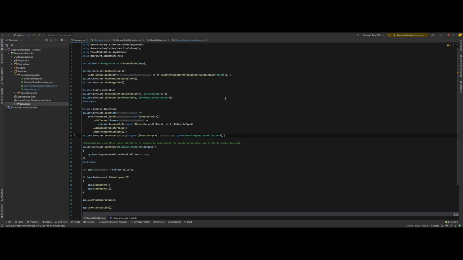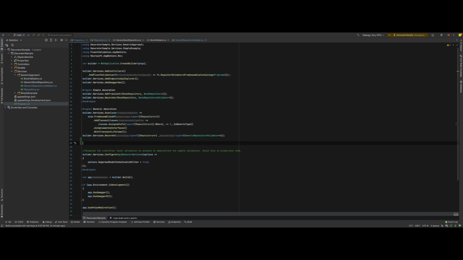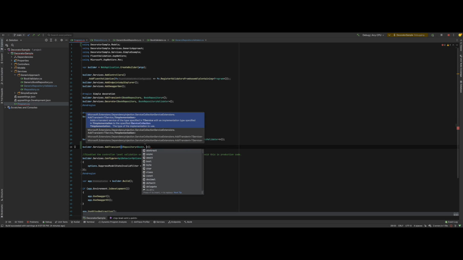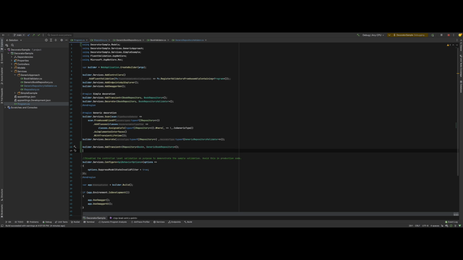Otherwise, if we didn't have the possibility to scan the assemblies, we would have to do something like this. Basically, we would add the transient, like IRepository of book, and then generic book repository. We would have to do something like this, and then